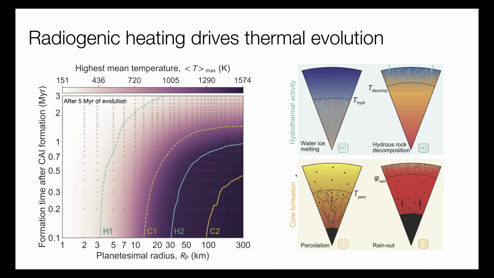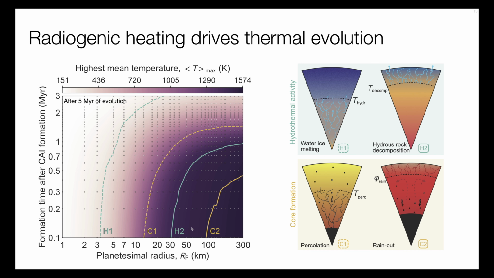The colored lines shown here are associated with the thermochemical scenarios of internal compositional evolution. If you have an initial water ice-rich planetesimal, then this water ice will melt. The body goes through a phase of internal hydrothermal circulation, and the formed hydrous rock phases will eventually decompose again when it becomes too hot for them to be stable. These stages are illustrated in H1 and H2 and occur at the heating peaks of the lines on the left.